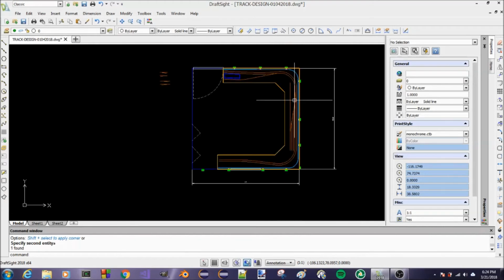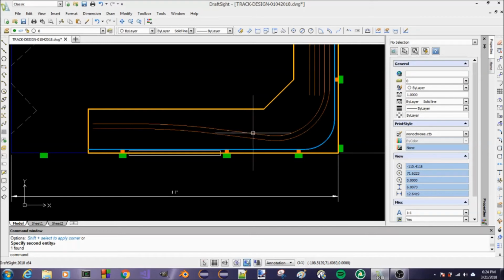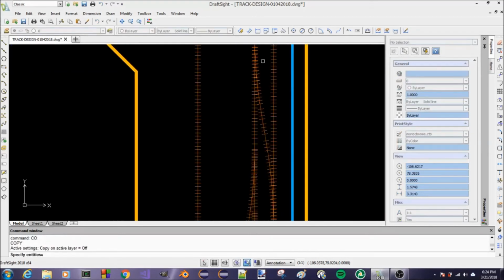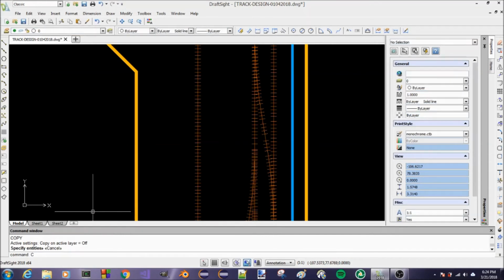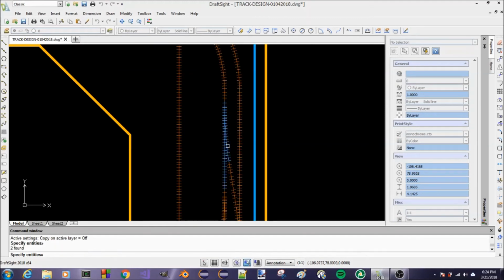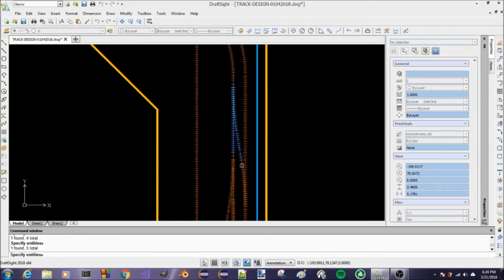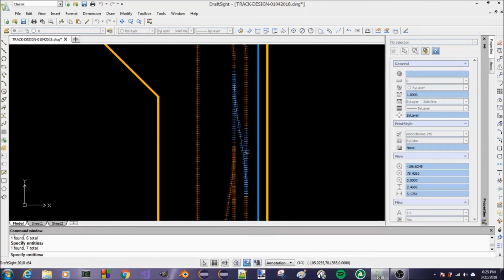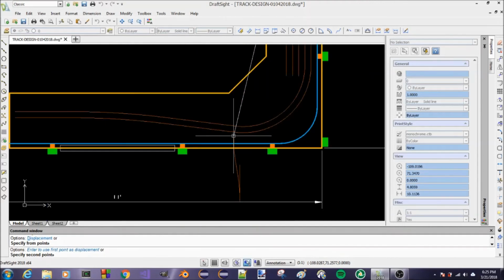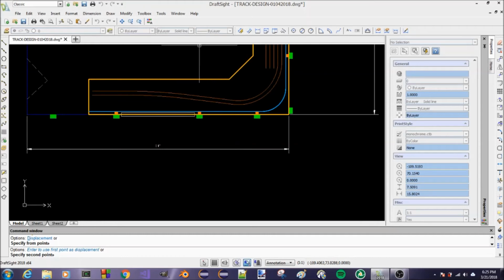You know, it might be a good idea to put a crossover. I wonder if we can fit one in right here. Let's see what that would look like. If we just come up here and I'm issuing the copy command, which is CO, and I'm going to grab this turnout, this little segment of track here, and this turnout. Copy that down to here. Well, I can already look at that and tell that's going to be too long, but